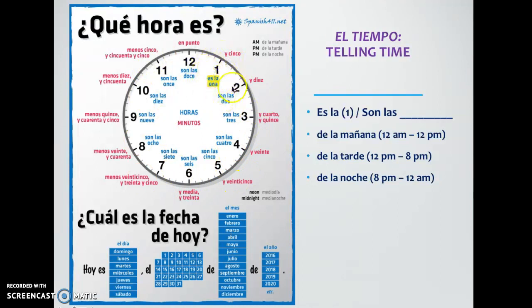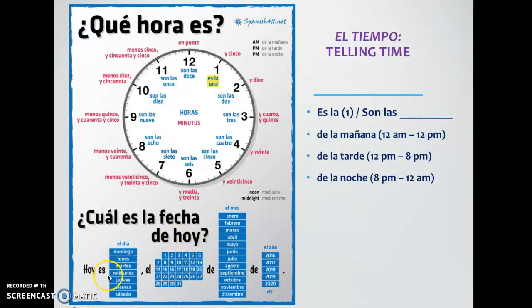If you're talking about 1 o'clock, that's the only time you're saying there is 1 hour of the day. Okay? And then depending on what time it is, you say the number of the minutes that have passed. Okay? So if it's 1:08, you would say es la 1:08. Es la 1:08. Okay? But if you have 1:20, then you would say es la 1:20. If it's 4:20, you would say son las 4:20. This is a very useful clock that tells you how to tell the time.